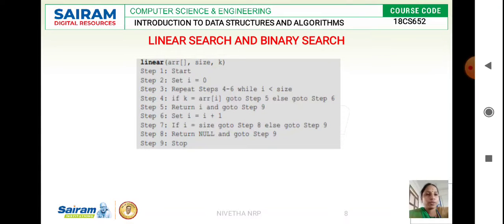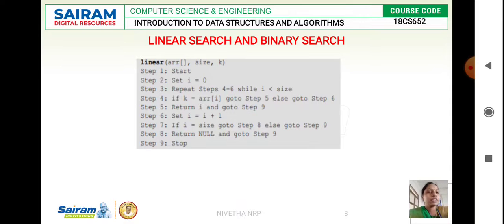Here is the algorithm to implement linear search. We start searching from the first position to the last position. When we perform a searching operation, there are only two possibilities: either we find the element in the list, or we may not find it. So we have to check for the condition which falls under either category.